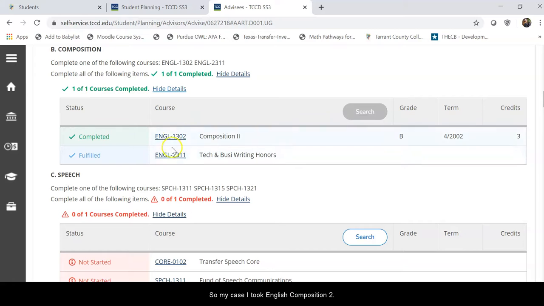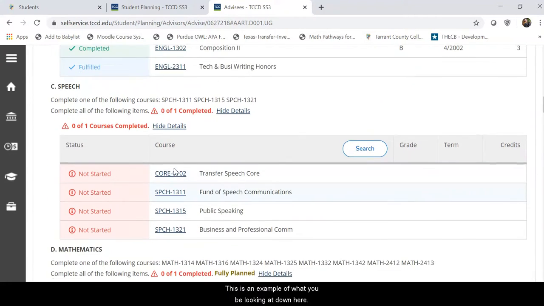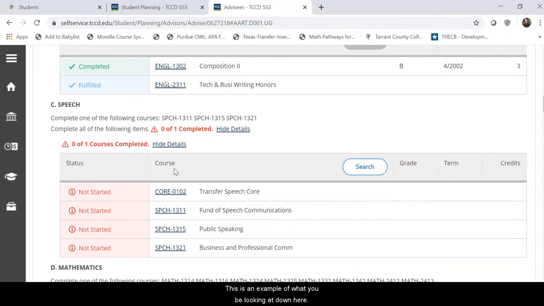Okay, so in my case, I took English Composition 2. I earned a B in that course. Same thing, I took this as a dual credit student in high school when I finished up my junior year. And yep, they kept all the credits. It's still there, even though it's from 18 years ago. And that way, that automatically fulfilled the requirement for technical and business writing because I only needed 1 course for my specific plan. So this is an example of what you'd be looking at down here